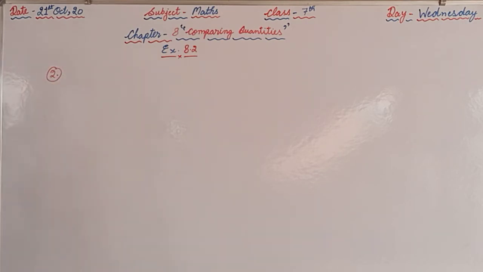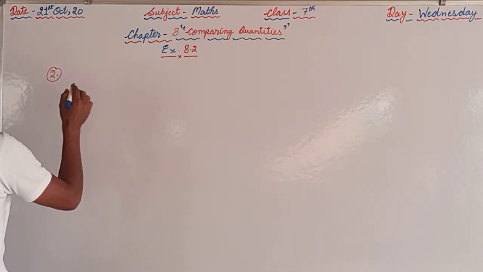In question number 2, we are supposed to convert the decimal form given into percent. So A is 0.65,